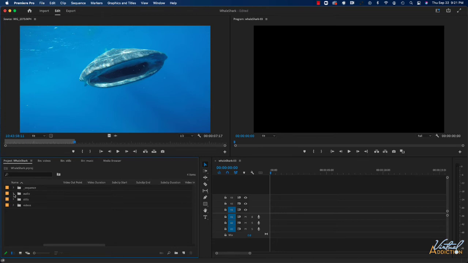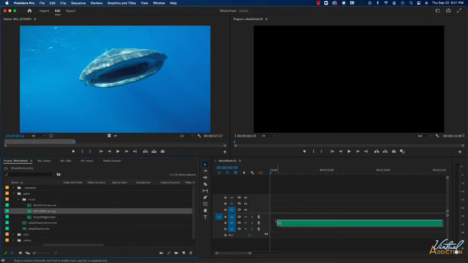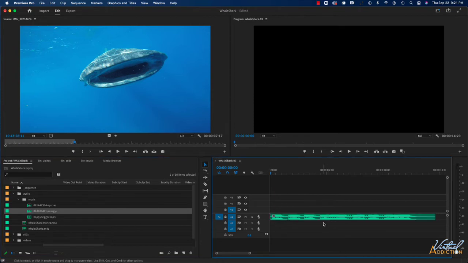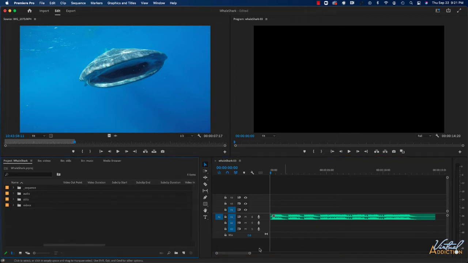To begin with, I'm going to add some audio to my timeline. So I'm going to select an audio track and drop it into my Audio 1 track. I find it to be a little bit easier if you go ahead and zoom in so you can see the entire audio clip. Now my audio clip is relatively short, but you can do this with any length audio